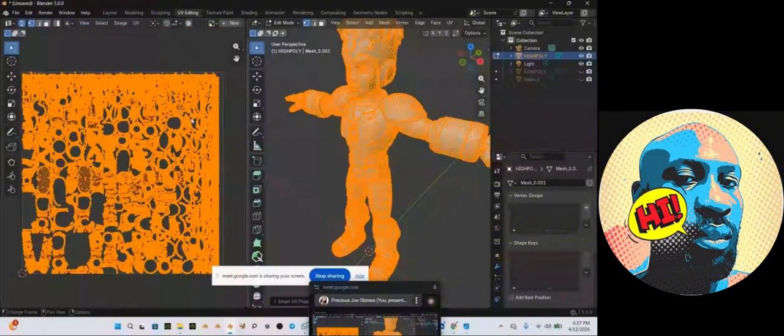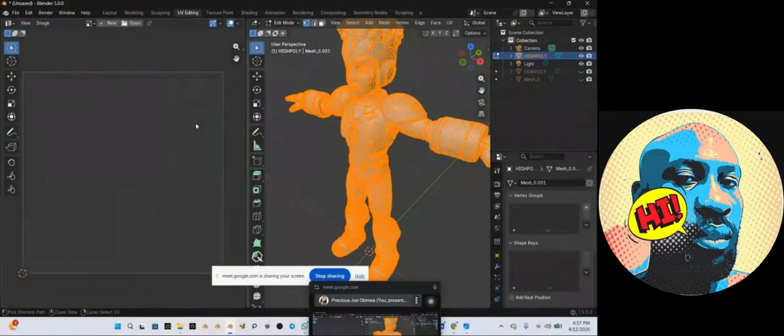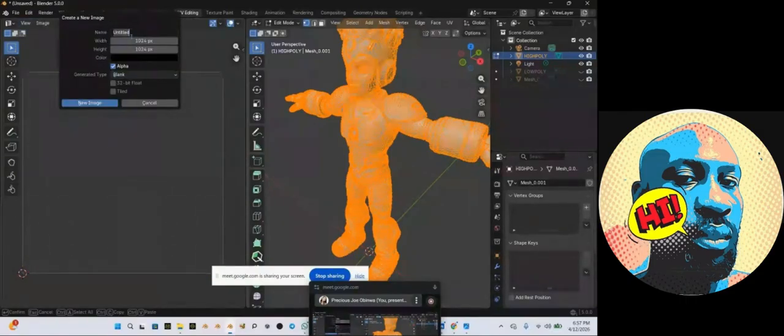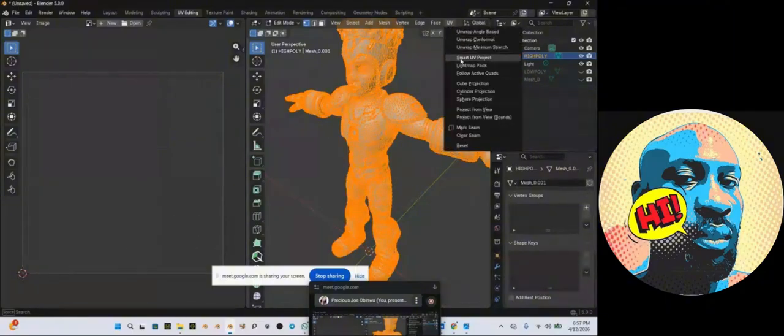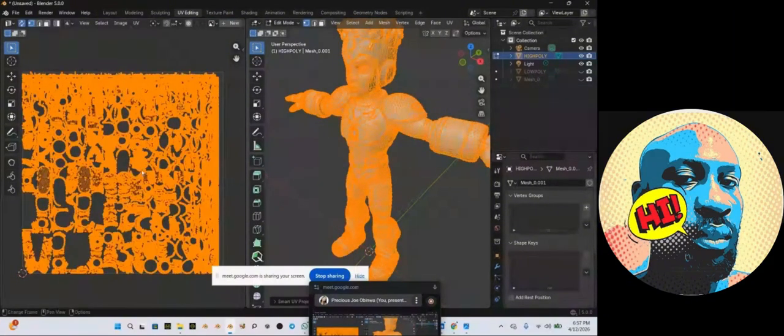I'm also going to, sorry, I made a mistake. I'm going to make a new image. So let's make a new one, I'll call it unwrap. Sorry. So just unwrap this one. Yes. So once I unwrap this one, what we need to do next is we need to go back to